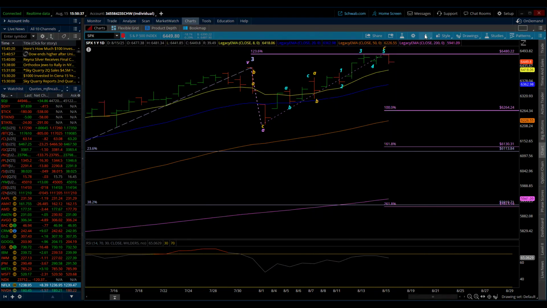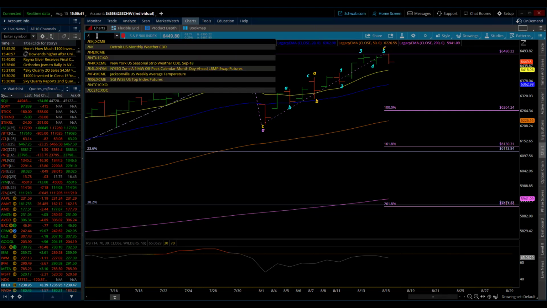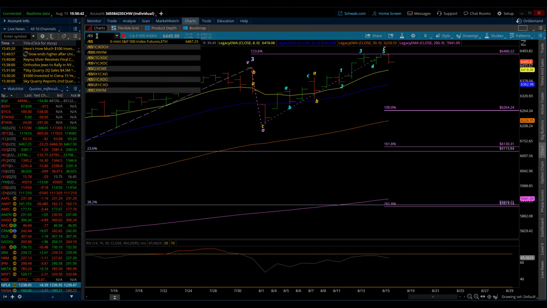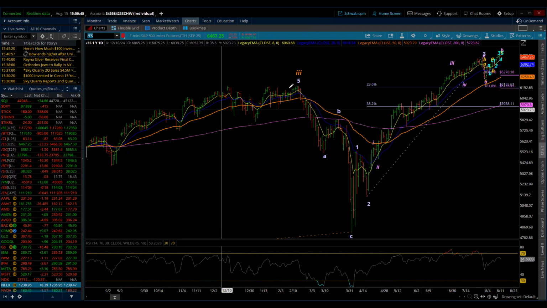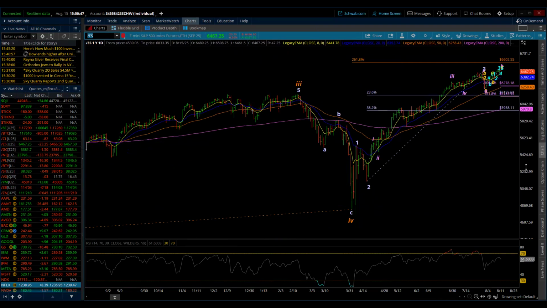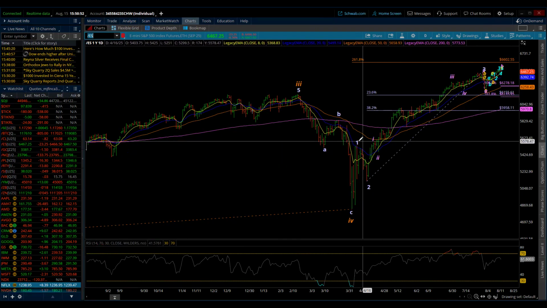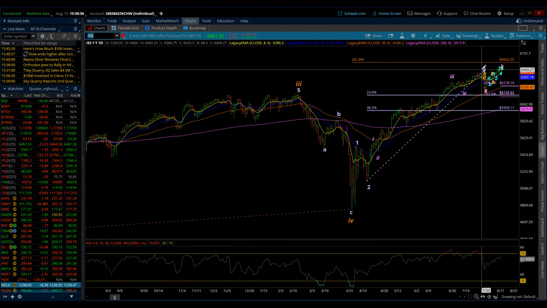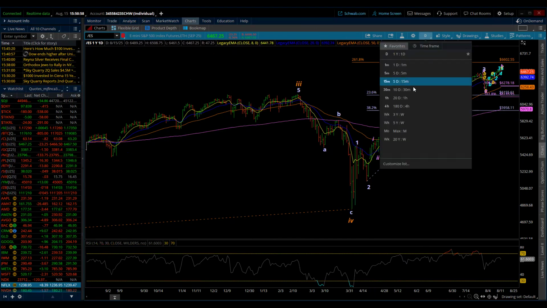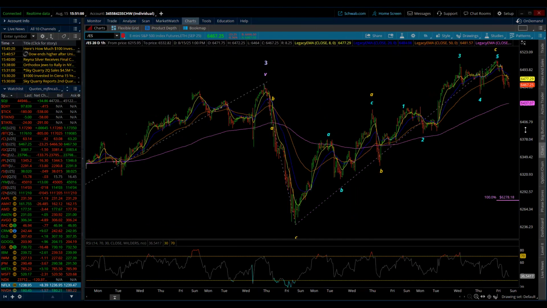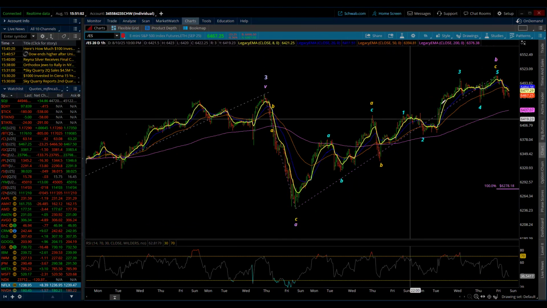Now, let's go over and take a look at the S&P, the futures market, the ES. So again, everything else remains the same. I'm going to start here on the daily chart where we're in minor wave 5, and we have minute, and that's going to be 5 waves of minute degree, of which 1, 2, and 3 are complete. And now I can bring it down to that hourly chart. And I also cleaned up this chart, by the way.